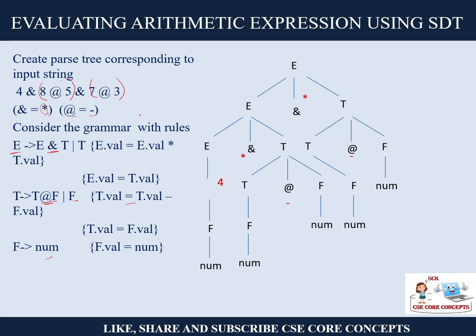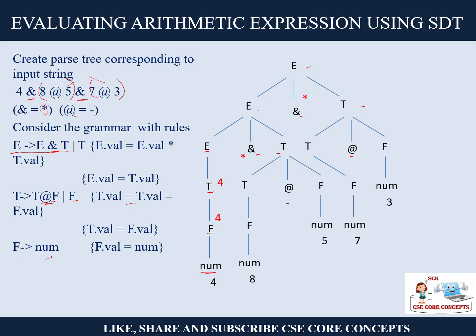Because you have to start with the start symbol and we have E to E and T. So we are starting with the start symbol E, E and T. Done? Now on this side you can say this is how you broke it, one side and the other side. Now on this side again you have another ampersand, right? So E, again you can expand it to E and T. Now E can take the form of T. T can take the form F from the grammar, and F is a number because ultimately you have to find